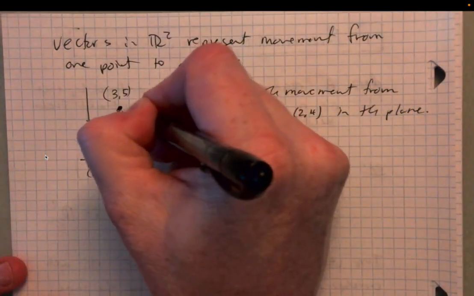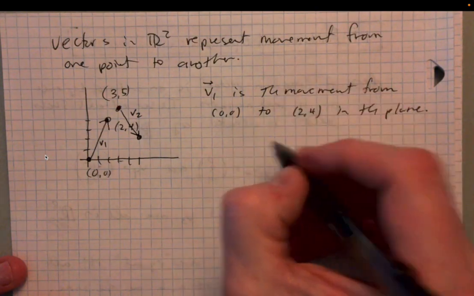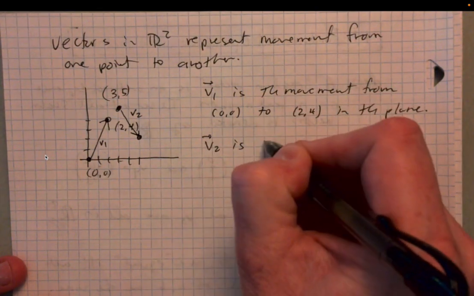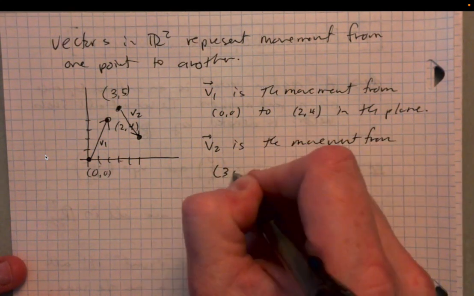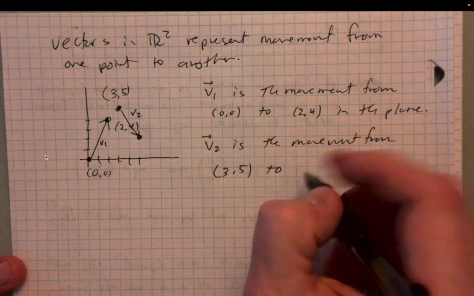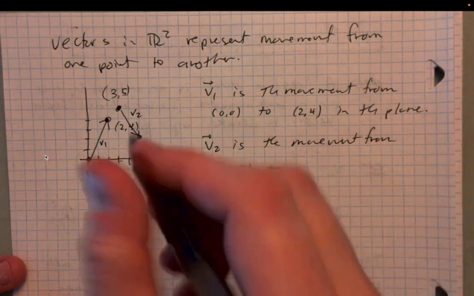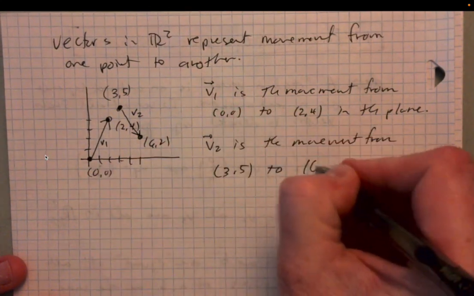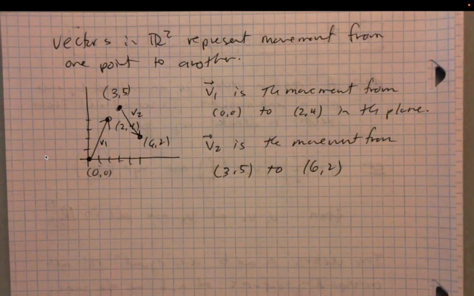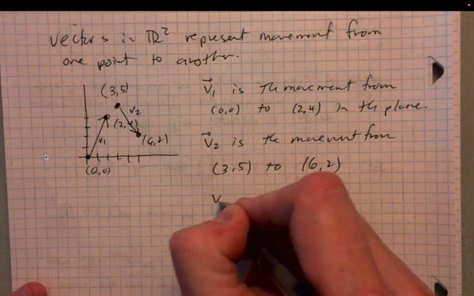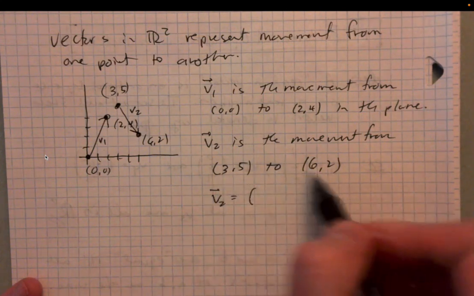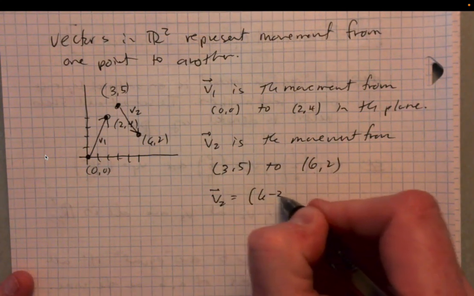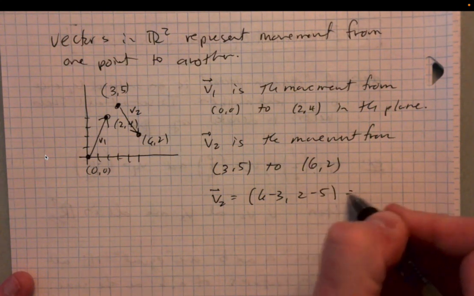If this is vector v2, then we'll say v2 is the movement from 3, 5 to 6, 2. Okay, right? Now in this case, because the tail of the vector is not at the origin 0, 0, if we really wanted to write v2, what we would have to do is something like this. We could subtract the starting point from the ending point, and we would get